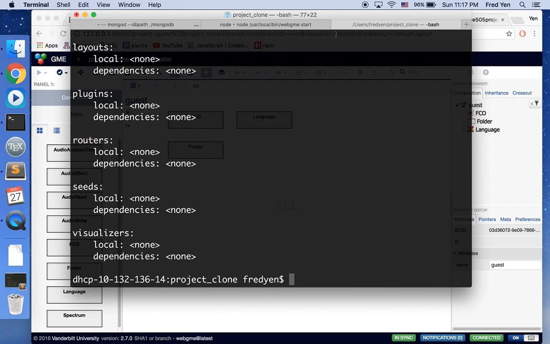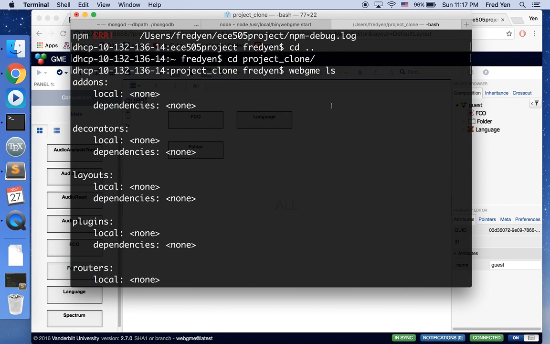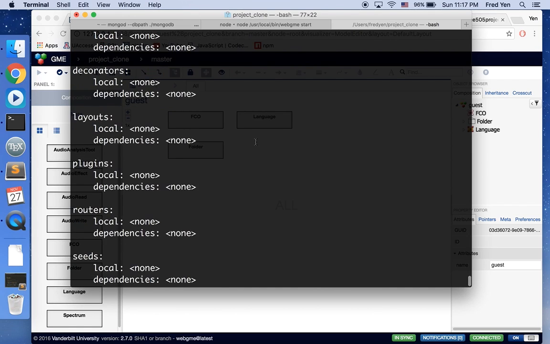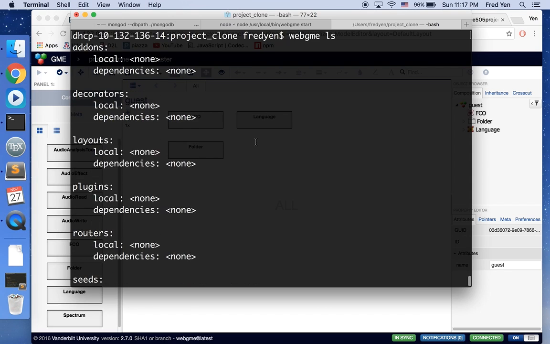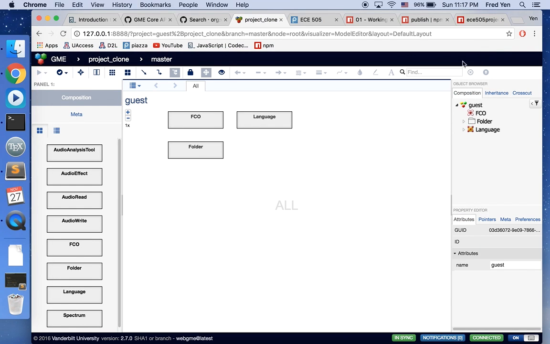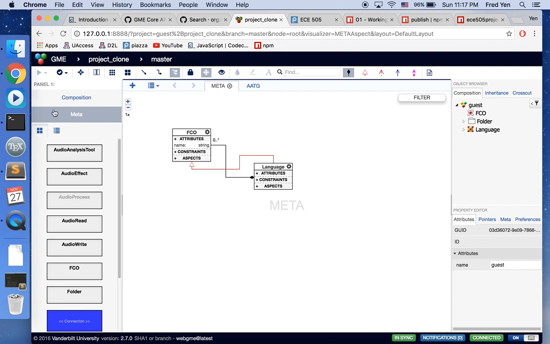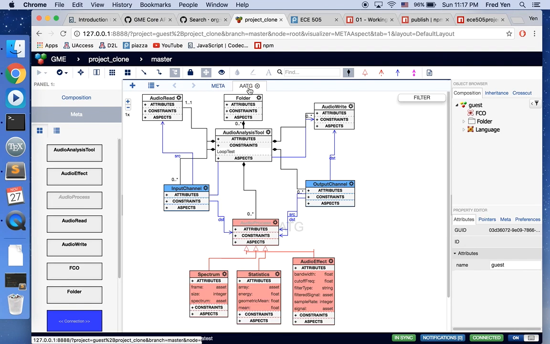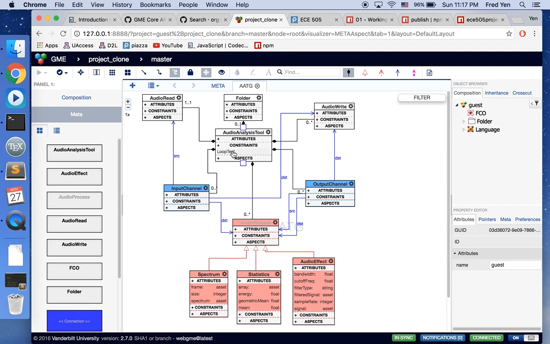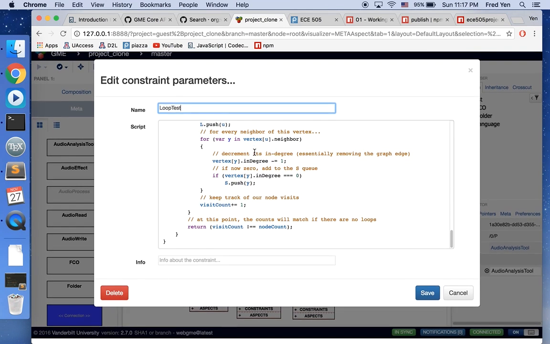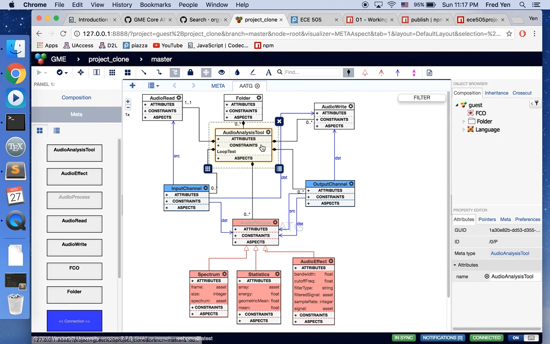Okay, so as you now can see, actually the components are not carried over. The only thing that is carried over is the constraint that is in the meta, which is this constraint, loop test. It's carried over, so it's actually pretty nice. But besides this, it's not carried over, so we'll have to